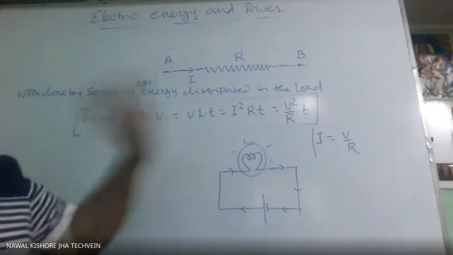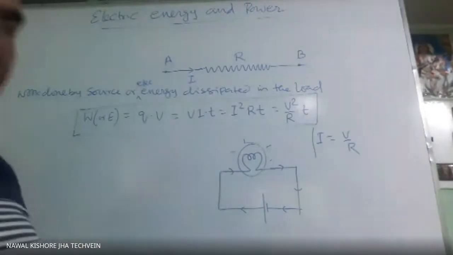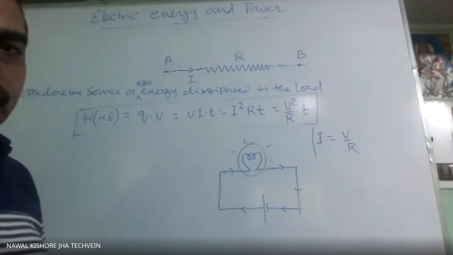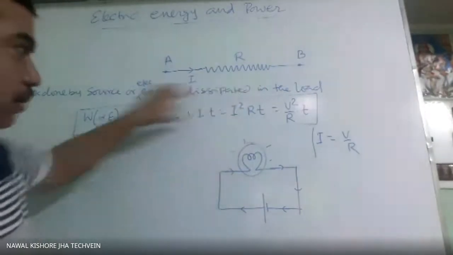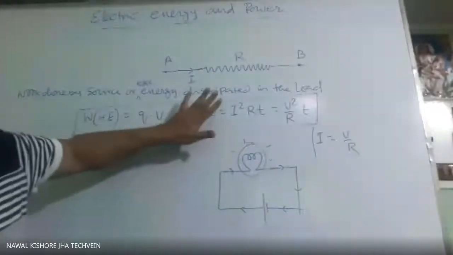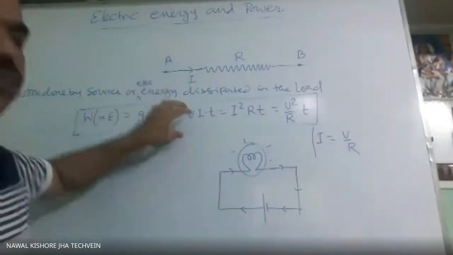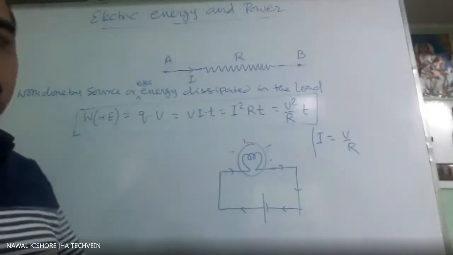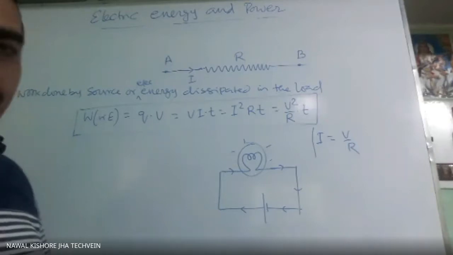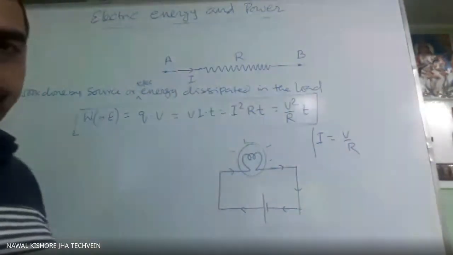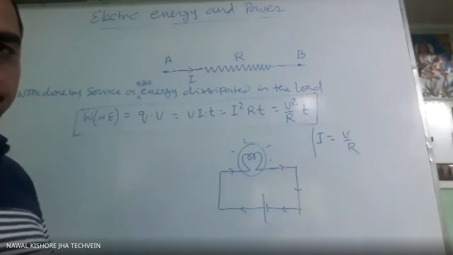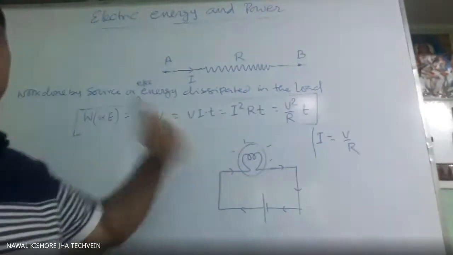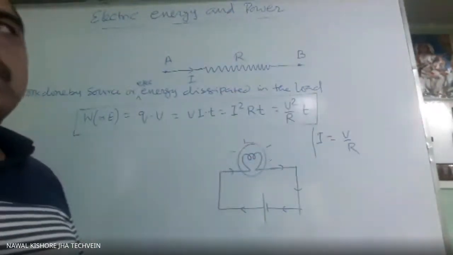Now, how much energy is transformed into other forms, suppose for heater. A heater is 80% efficient. What does it mean? Of the consumed energy, this much only, 80% of this will be converted into heat energy. So, if you are asked how much heat is produced by the heater, then we will say 80% of this much, if 80% efficiency is there. If efficiency is not given, then whatever energy is consumed, the total is converted into useful form.